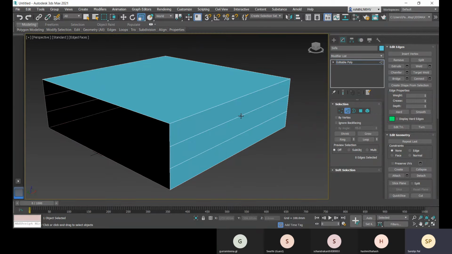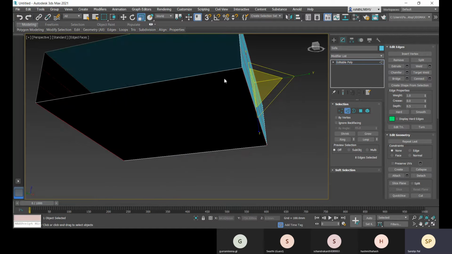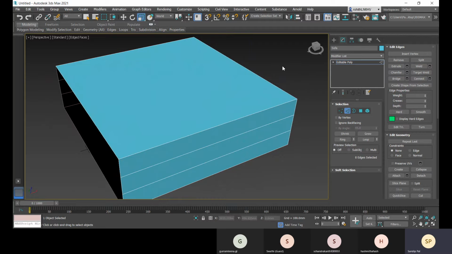Or else what you can do, you can just select it and then hold shift. If you're holding shift, then in this direction this will be selected. Like that, you can select this edge and then hold shift and start picking this, and all these 4 edges are selected.